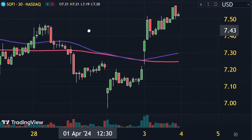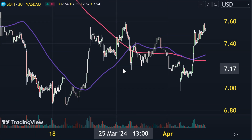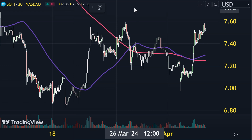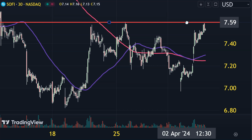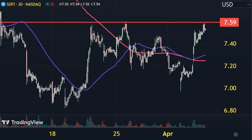Very nice mover today. And what makes this most interesting, in my opinion at least, is how the price is now sitting right up here at a very well-defined area of resistance that you got to think everybody and their brother's uncle has noticed. And I make that comment because when a lot of people are watching the same levels and wondering the same thing, call it a self-fulfilling prophecy, call it whatever you want, it can produce some very dynamic movement. So going back through the history of things, you can see that